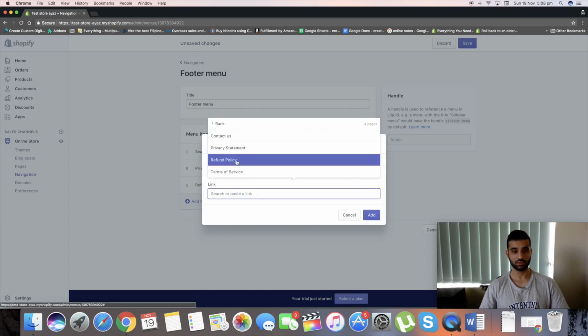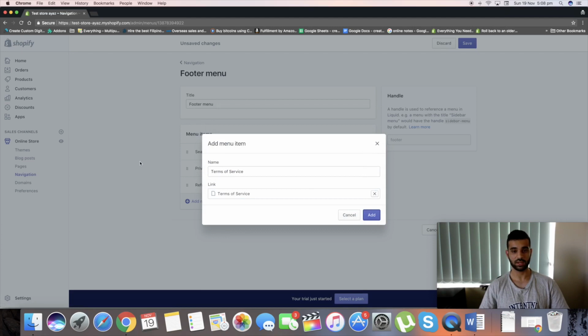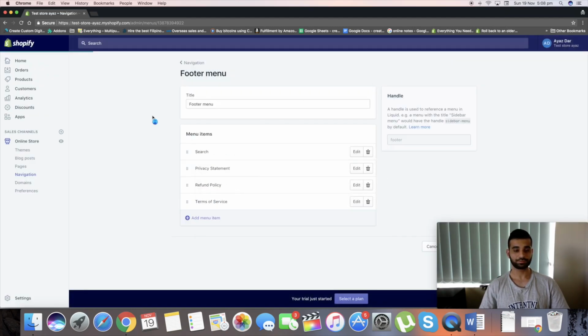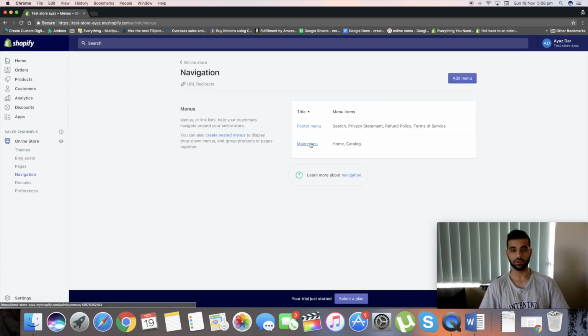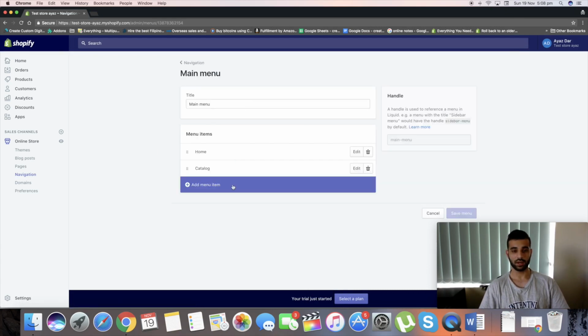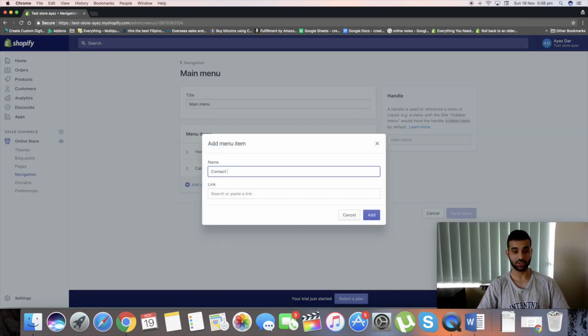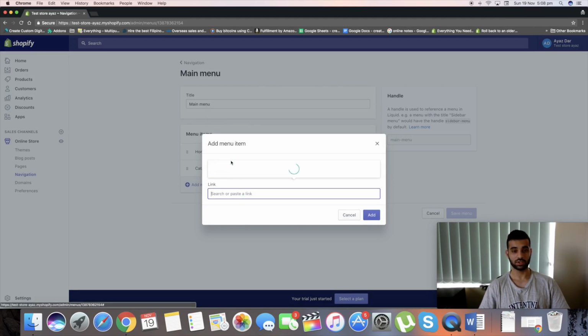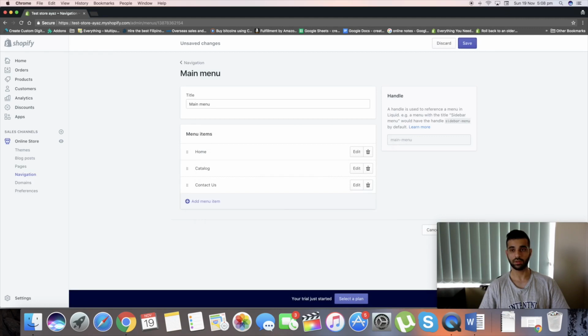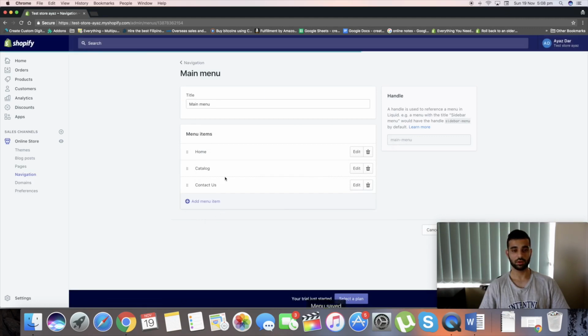And pages and terms of service, add. And then we're going to click save. Once we do that, we're going to go back and go to the main menu. And I like to put the Contact Us page at the top, just so it's right in front of people when they come in. We're going to click save. We're going to go back